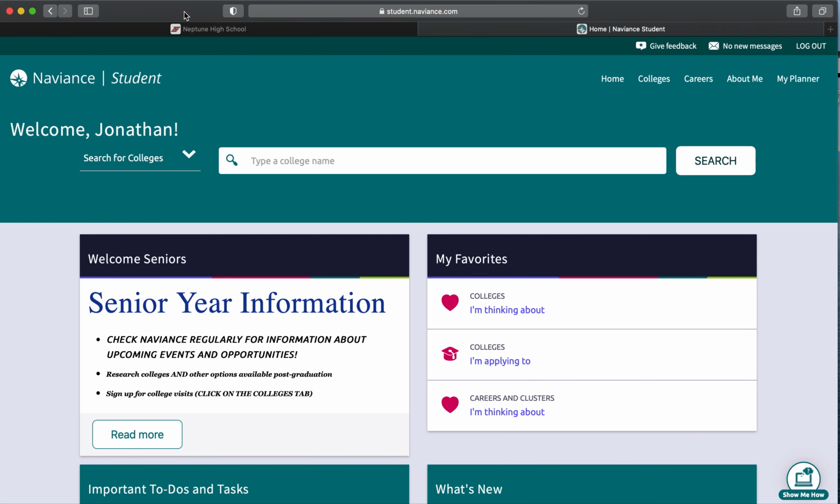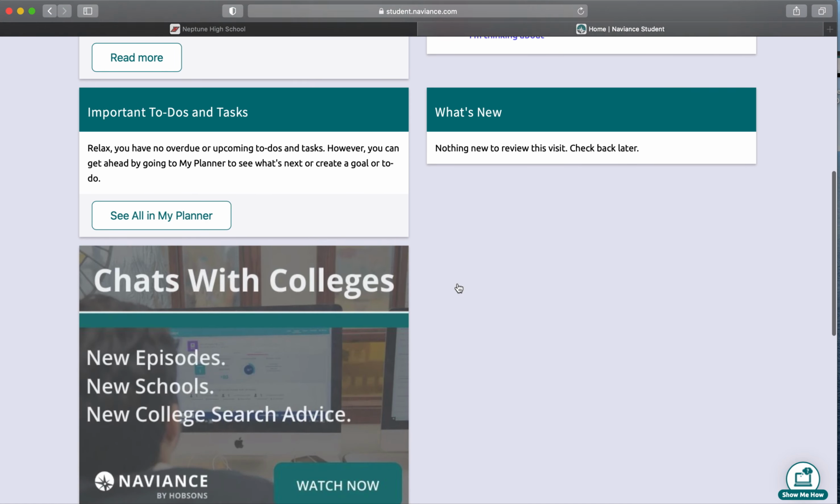And what you notice here is in Naviance, it's going to recognize who you are and the grade level that you're in. Also, towards the bottom of the page, there are many great resources that you might find helpful. So once you're in, if you scroll to the bottom,